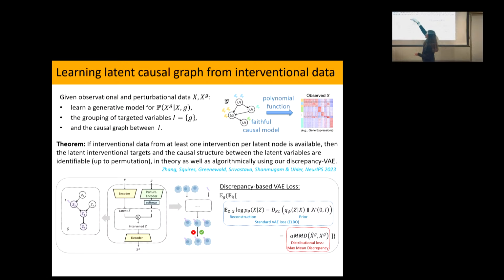So I don't know, if you give me one cell, how it will look like here. Right, because I never get to see both. So that's where this distributional loss has to come in, or this max mean discrepancy. There are other kinds of distributional losses that you can take, but you have to do some batching. I give you a whole batch of observational cells, I generate a whole batch of interventional cells, and I have a loss on the whole batch of cells together.